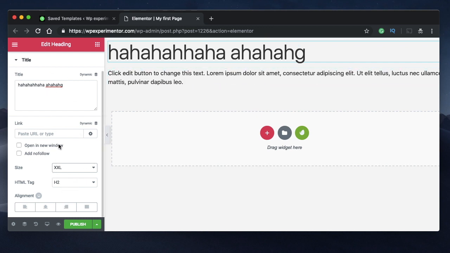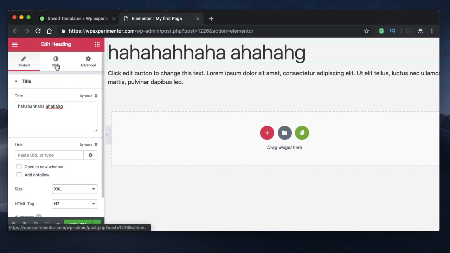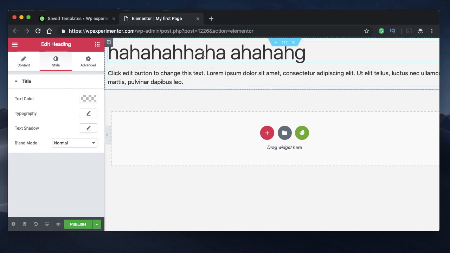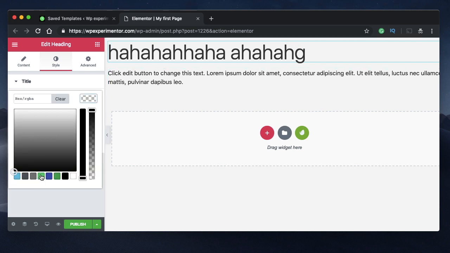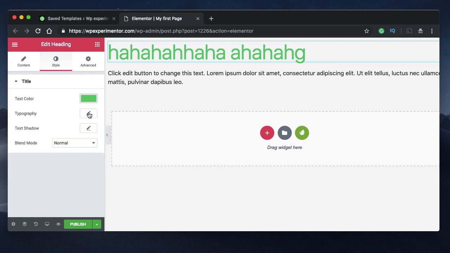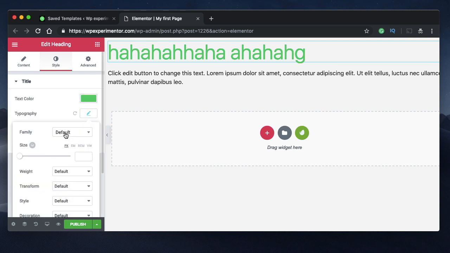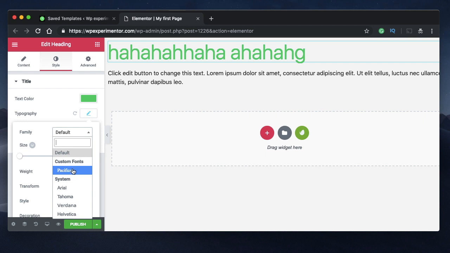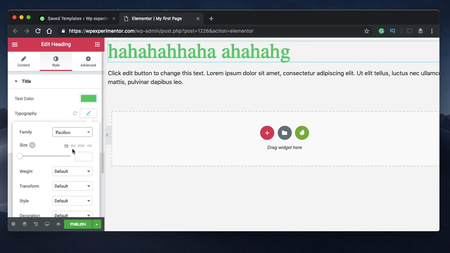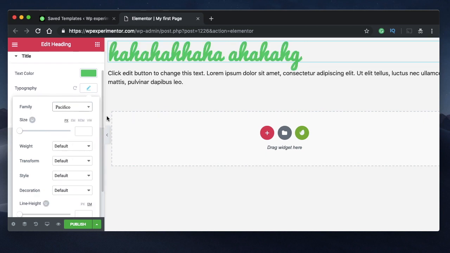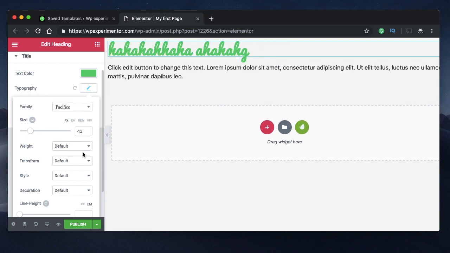For text, you have these options, and as I told you, the alignment here overrides the alignment of the column. If you go to style for your heading widget, there will be logical options which are related to this particular heading. So you can have a green color heading. You can change the font. I've already told you to upload a custom font. So you can change the font just like that. You can change the size of the font, weight,